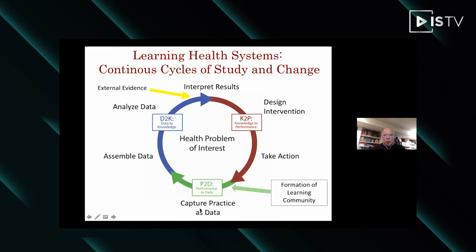The metrics, which would be indicative of improvement or otherwise, would be measured. The new practice, the changes, would be related to any improvements, and those data would be assembled and analyzed, and that would create a second cycle. And the cycle would repeat with the hope that over successive iterations of the cycle, improvement relative to the problem of interest would occur. And this is the fundamental activity that learning health systems undertake.